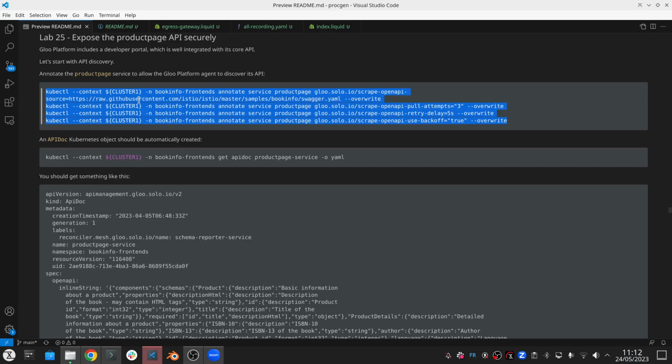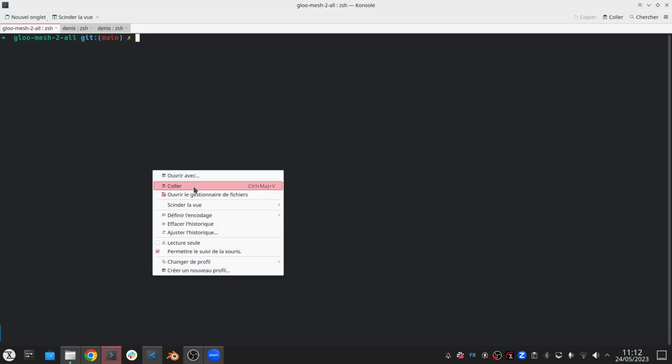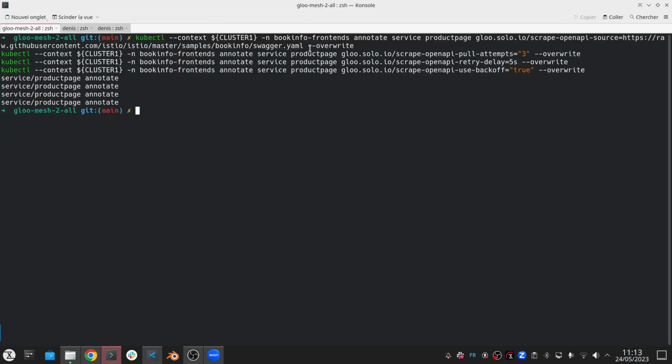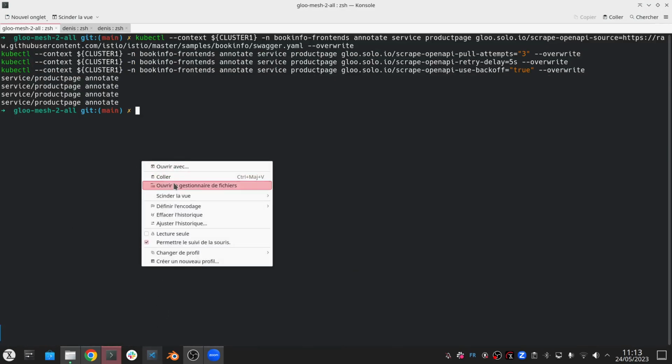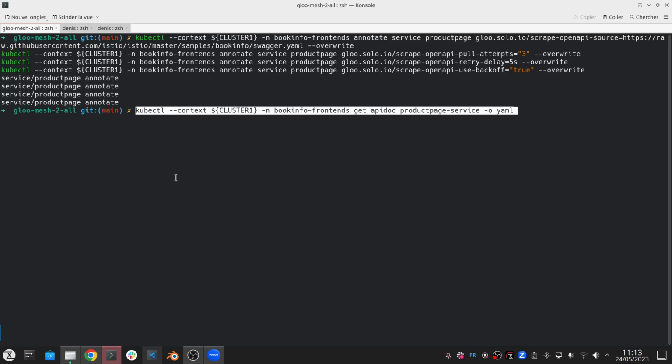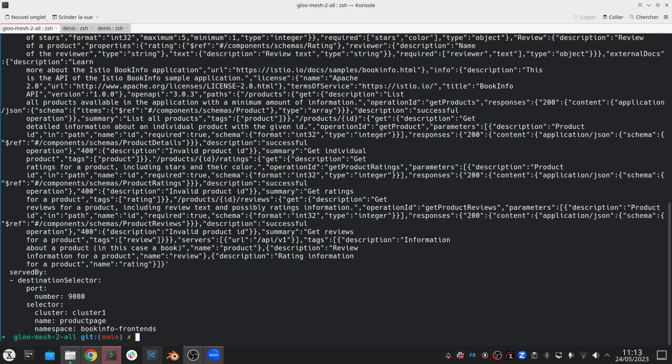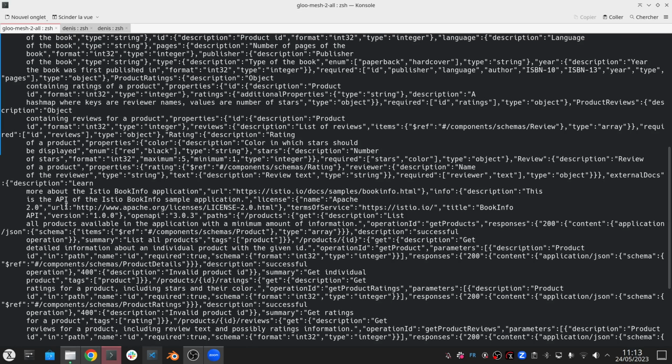And you can see here we give a URL for finding this spec, but it can be just a path like /swagger.yaml. In that case we'll just look at this path on the service itself. So I annotate the service, and it's going to automatically create this API doc, an object containing both the spec and the service that provides this spec. So you see the service is this product page service in this namespace in cluster 1, and this is the